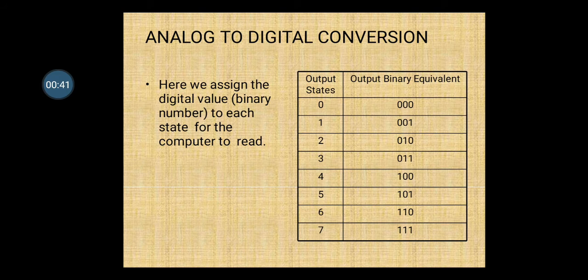So here you can see the table. For example, if you give an analog voltage of 1 volt, the output binary will be 001. This 001 is the binary equivalent of input voltage 1. If you give input voltage 5, the output you will get is 101. This is the binary output of analog voltage 5. So it is clear that it is a circuit which converts an analog signal into a digital signal.